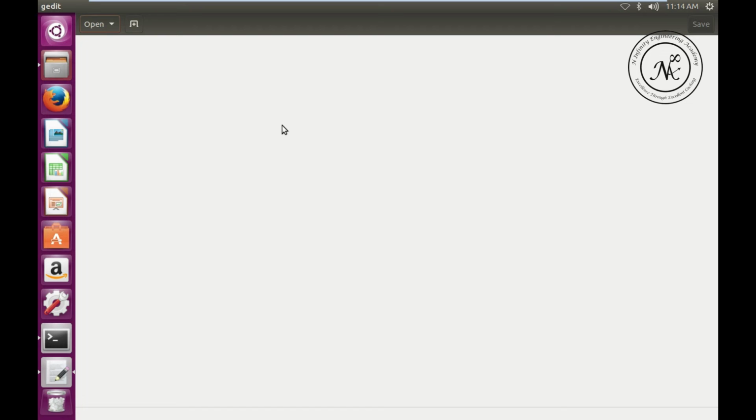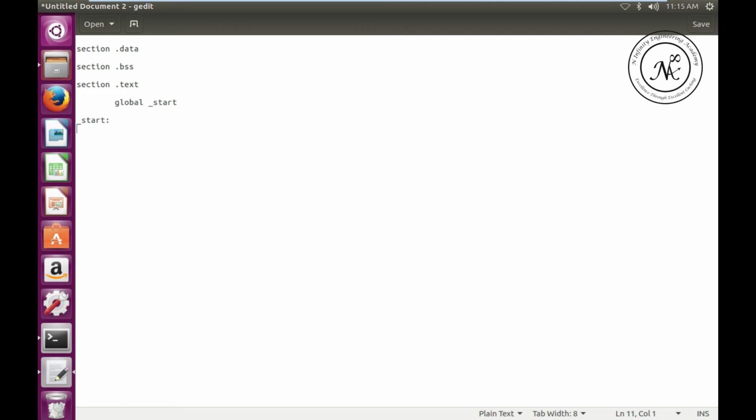So let us see the new file, and here I'll go with writing a proforma as section .data, section .bss, section .text, global _start and _start.